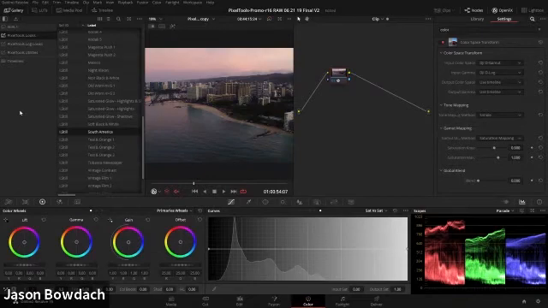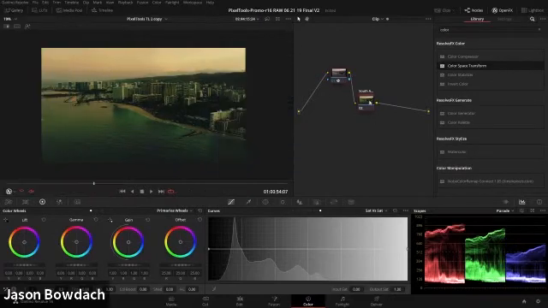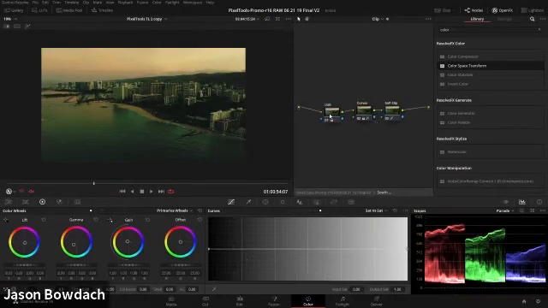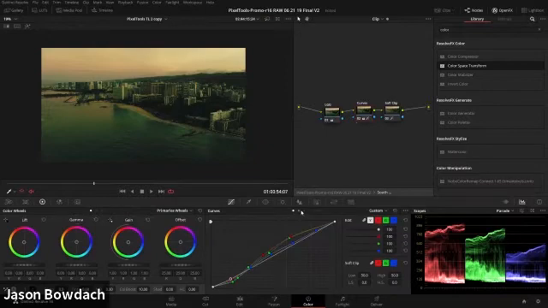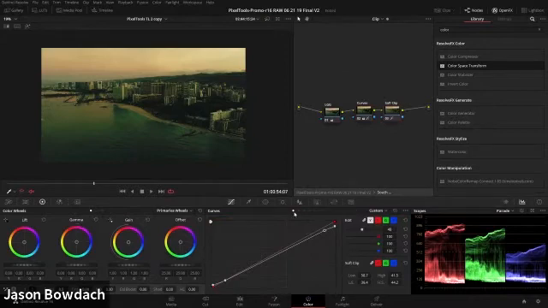I've spent a couple months building these looks that I eventually branded and now sell as Pixel Tools. The beauty of these, and the reason they're different than lookup tables, is that they are completely built inside DaVinci Resolve. You can go in here and see that all I've done is mess around with the curves, hue versus saturation, all the different tools in Resolve to create these looks.